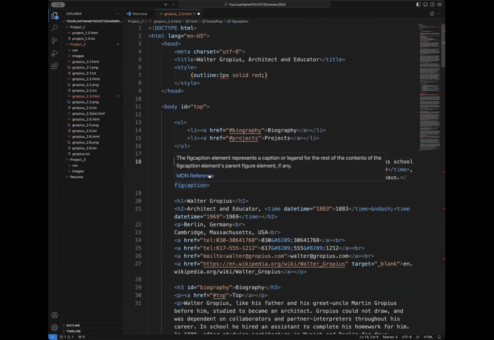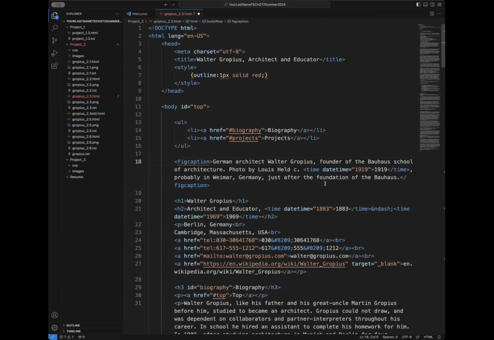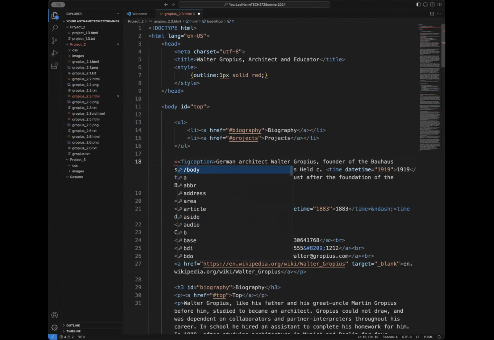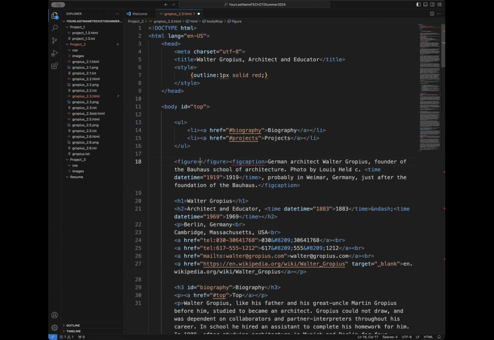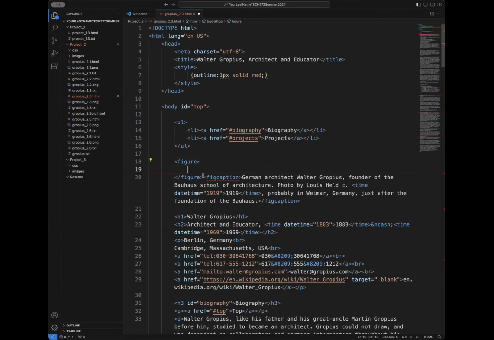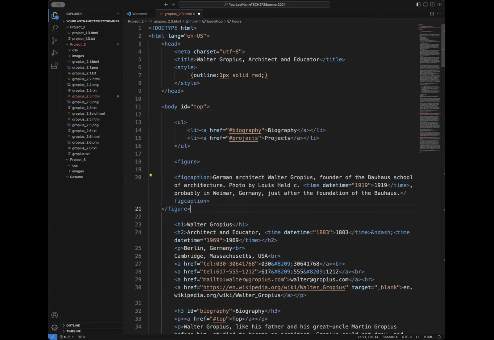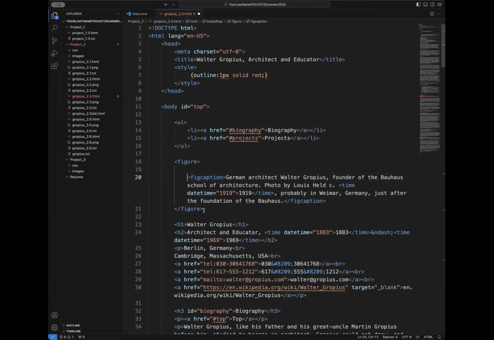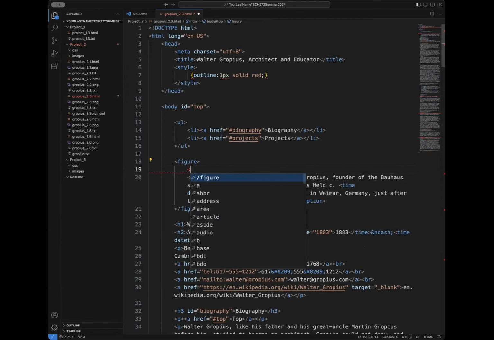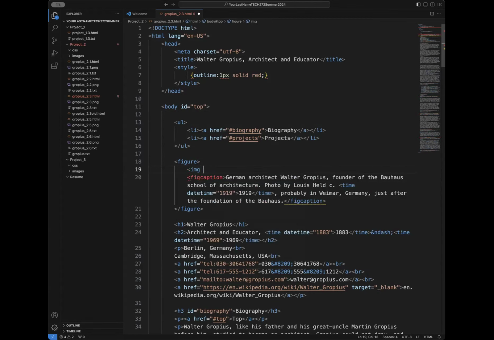There's already a caption for that image, but we need to add a figure element tag around that. So less than figure, greater than, hit return. Then I'm going to Command X on the closing and put that in there. Then I'm going to tab to line that up with figure, and tab to inset that because it's inside a figure. And then I'm going to add the image link, and the image link is less than img space